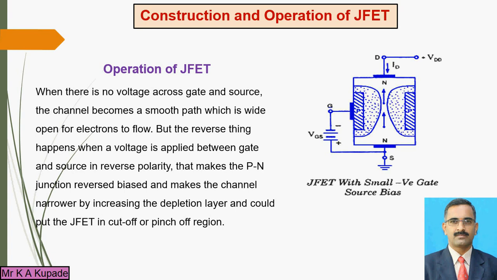Previously, in the normal position, whenever you are not applying any gate voltage, there is no gate current. At that time a large amount of majority carriers flow through that path, but now the barrier widths are increasing. Only a very small, narrow area is left for the majority carriers to flow between the barrier widths, right? Whenever you are applying the reverse bias.